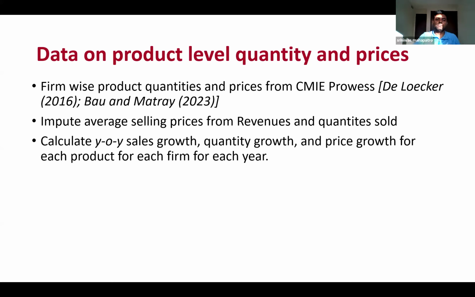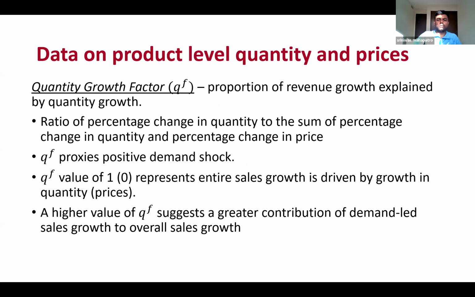So we calculate the changes and then we check how the quantity growth changes or the price growth changes impact the sales growth changes in the future year. So we create a variable called the quantity growth factor. Basically, it calculates the proportion of revenue growth that is explained by quantity growth. It is the percentage change in quantity divided by the sum of the percentage changes in quantity and in price. It effectively tells you how much of the revenue growth is due to the